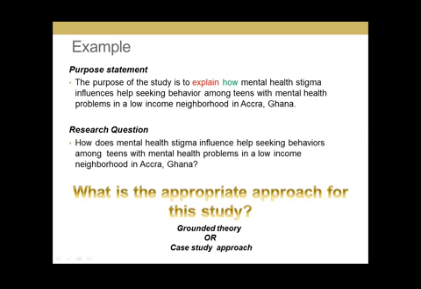So you can use grounded theory, or you can use case study. Nobody mentioned case study. Okay, so you can use case study if you want to find out an in-depth understanding of the case. Maybe there's an existing study that has talked about a relationship between mental health stigma and also health-seeking behavior. You as a researcher want to find out why there's a relationship, what is really going on, how is one variable or concept influencing the other. You want to go into detail.